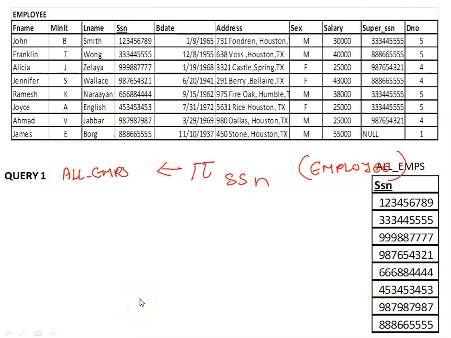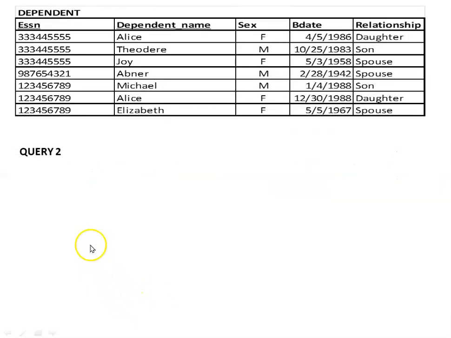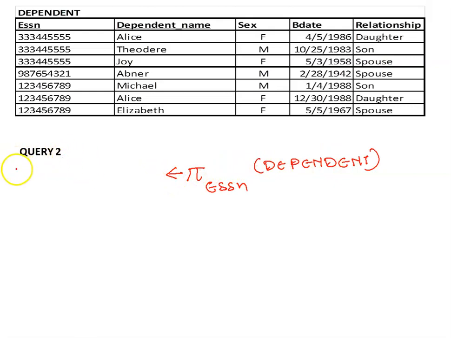Next, referring to the dependent table, again I apply a project operation on ESSN of the dependent relation and store this in a new relation, employees with dependents, and I rename the attribute as SSN.